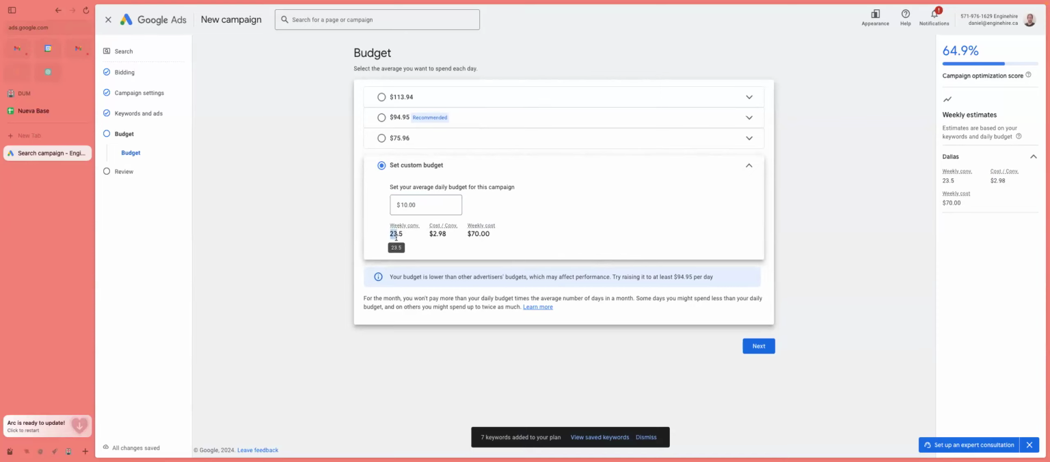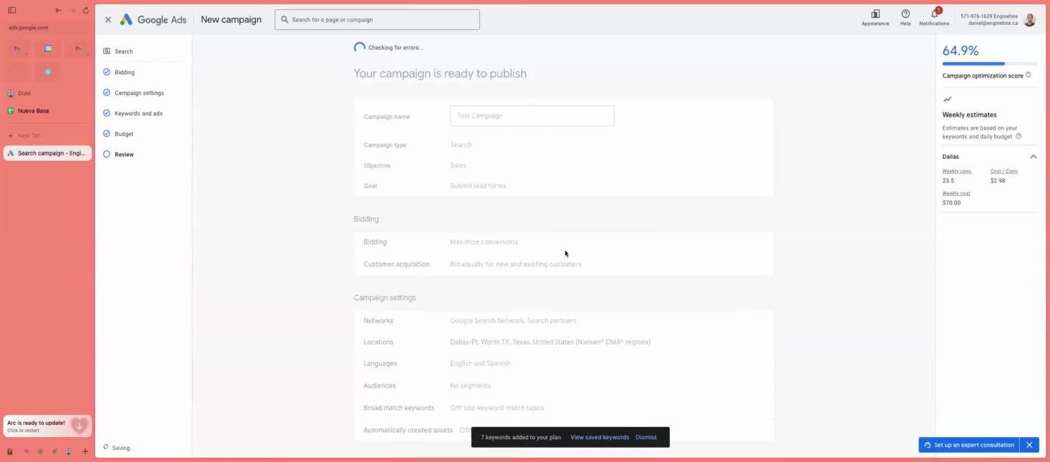So 23 conversions, so people who submit your application form. This is your estimate cost per conversion. And this is going to be your, of course, 7 days per week plus 10. It's going to be $70 per week. Okay,